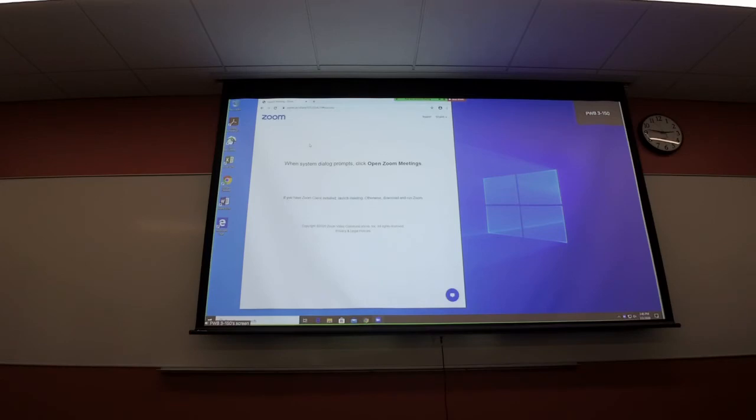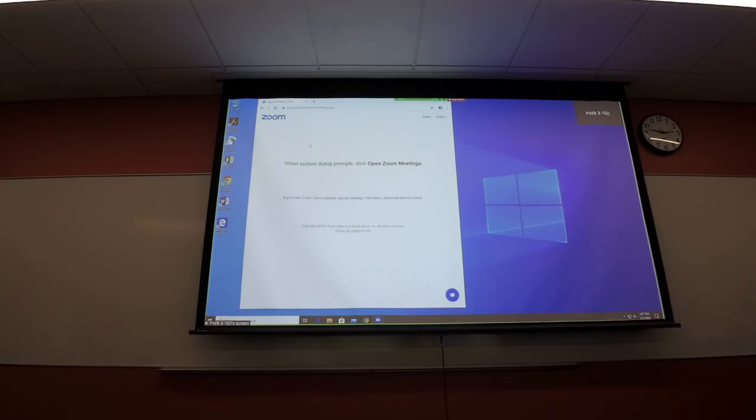The room computer, which is not being connected through cabling right now, is showing content on the projector via the Zoom. It's wirelessly sharing to the Zoom. If I had done this with a laptop or an iPad or a mobile device, it would have been the same thing, just wirelessly sharing to the Zoom. So folks in the classroom that are here live would be able to see your content, but also folks at the far side, at a remote site, would be able to see your content,